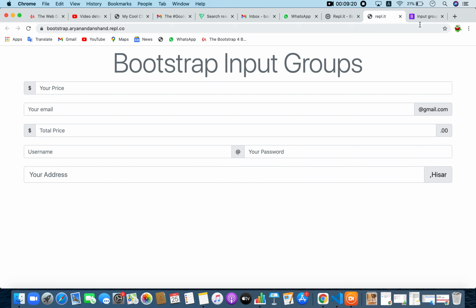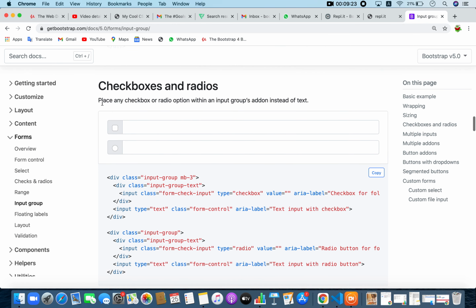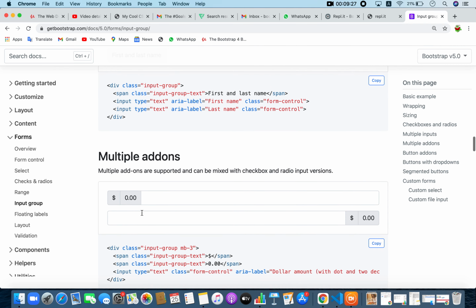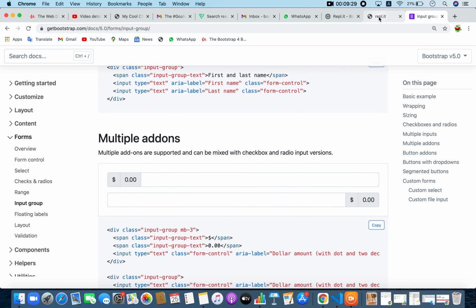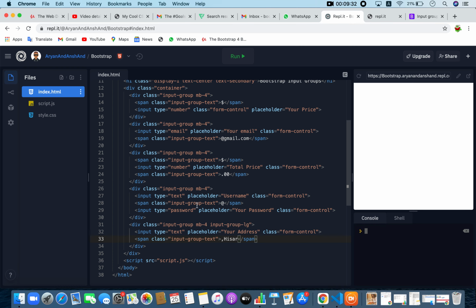The same way you can create a smaller input group, and you can also add checkboxes and radio buttons. So let's try that. Let's just duplicate this one. I'll remove the large part, and make the placeholder, like, fruits.